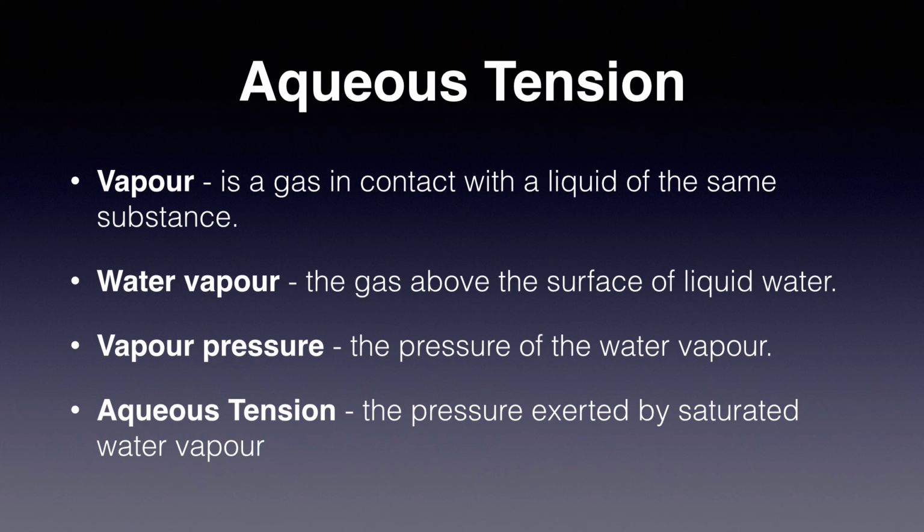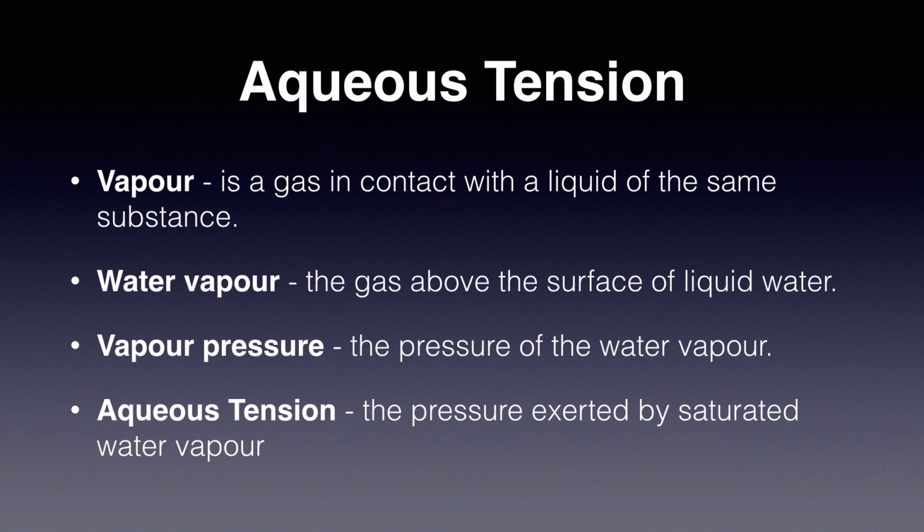So first is vapor. What is vapor? Vapor is a gas in contact with a liquid of the same substance. For example, if I have taken a container and in it I have taken water, whatever vapors are formed above that liquid, that water, is said to be its vapor. So hopefully you understood. Vapor is nothing but a gas in contact with a liquid of the same substance. If it is H2O down there, what will be the vapor? H2O in the gaseous form.